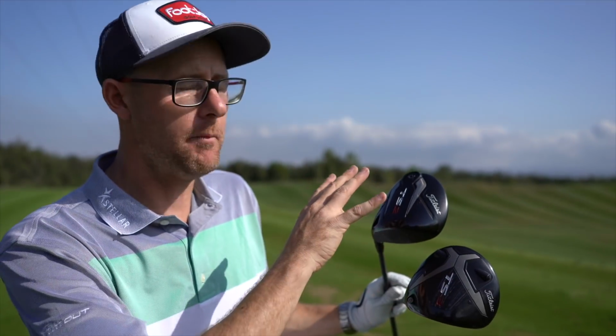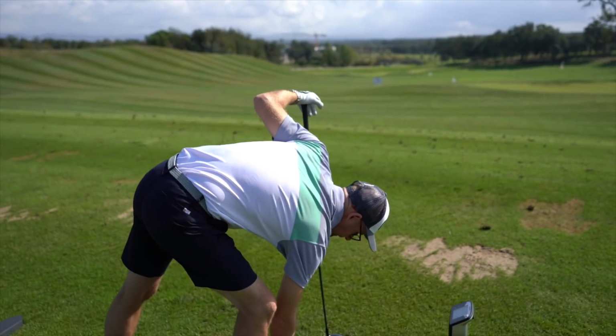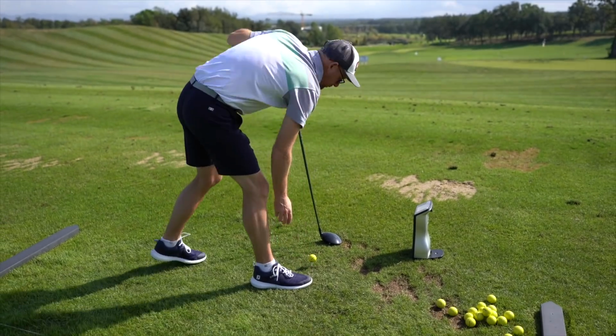It's more to do with making sure that you've got equipment that helps you break these scores, because I see student after student having ridiculous clubs, and I think you're not going to break scores that easily hitting those clubs. Right, so I'm going to start with my 9.25